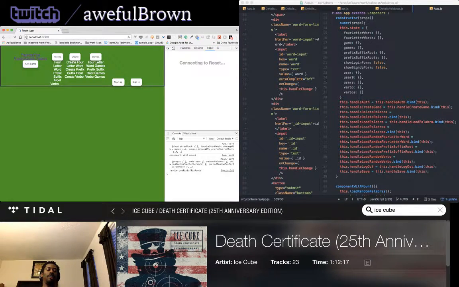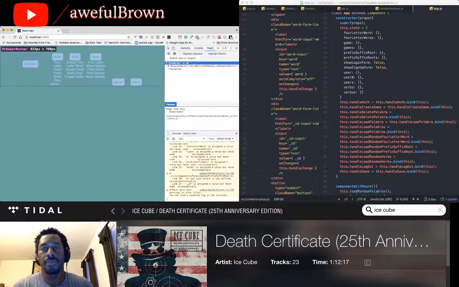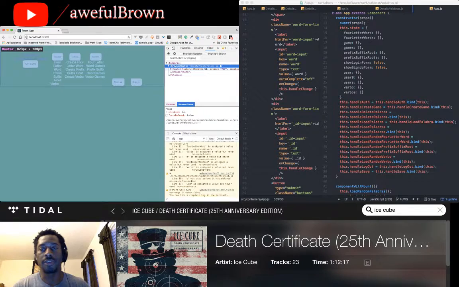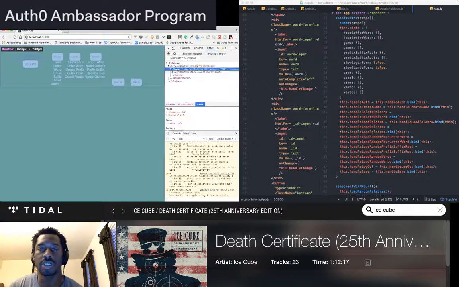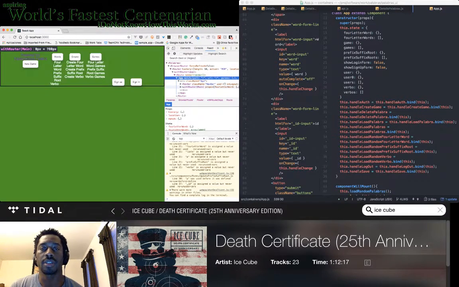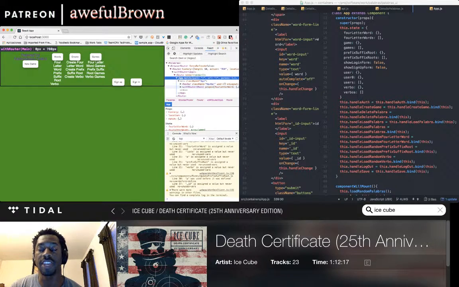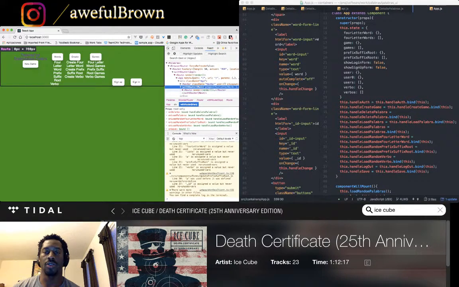I've been wanting to refactor this for a while to basically make it so that it'll load the state with words and a random word for those objects, and then store that in local storage, and then check local storage to see if it exists. If you can't find it there, then check state. If it's in state, put it in local storage. If not, make a call to make sure that there's always